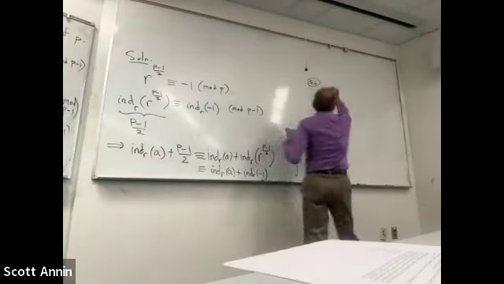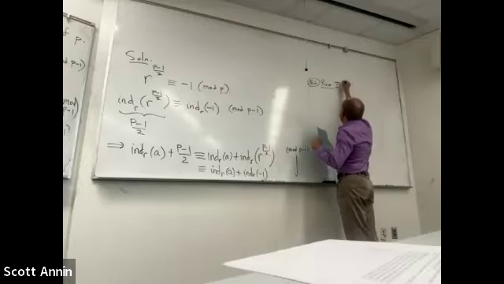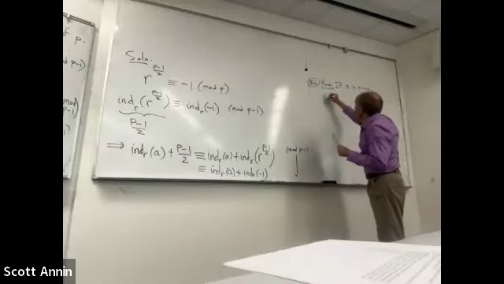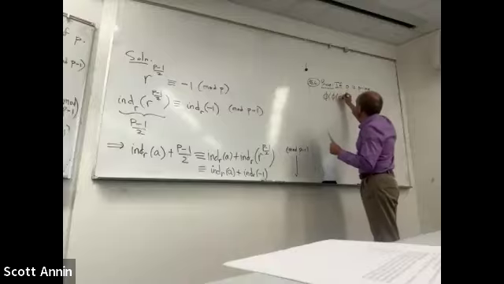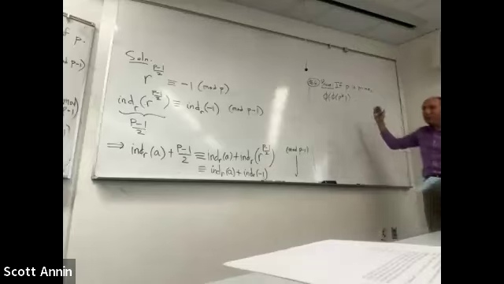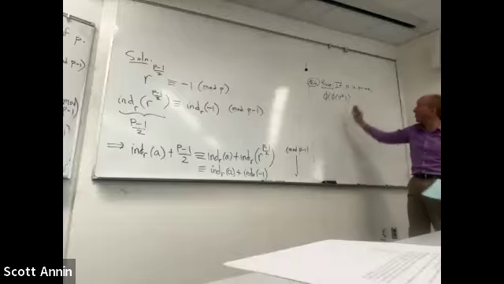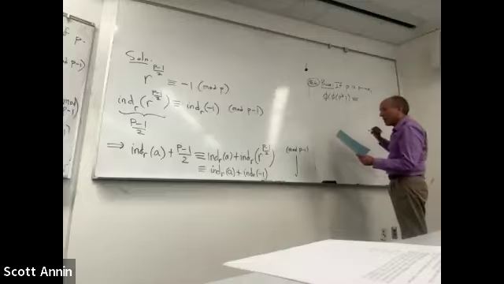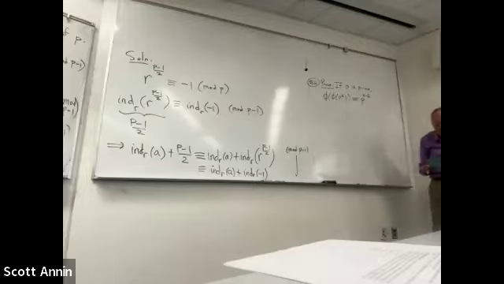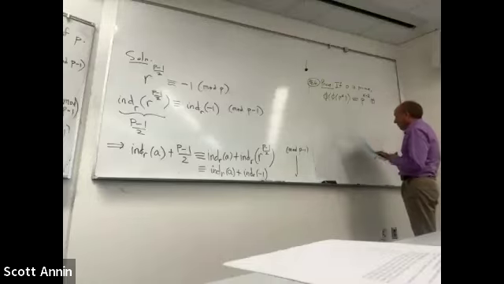Okay, so let's try to prove this last thing, that if P is prime, then I would like to try to prove that phi of P to the K. So this would be the number of primitive roots of P to the K. Remember that P to the K will have primitive roots, and so this is how many it will have. There is actually a nice formula for it. It is P to the power of K minus 2 times phi of